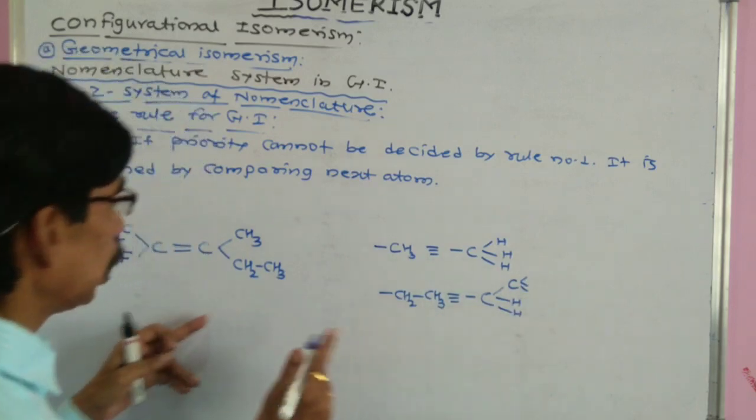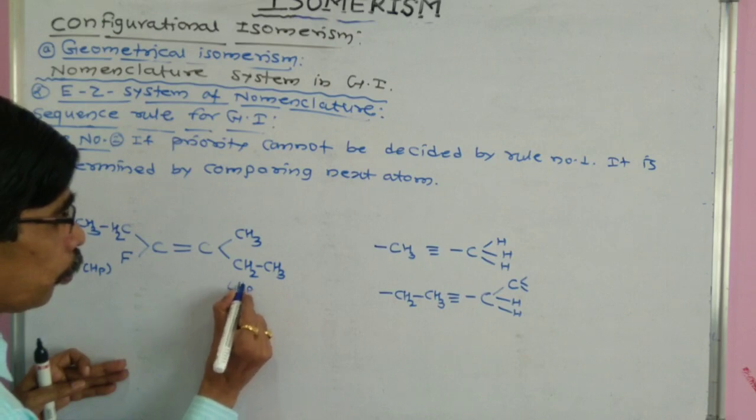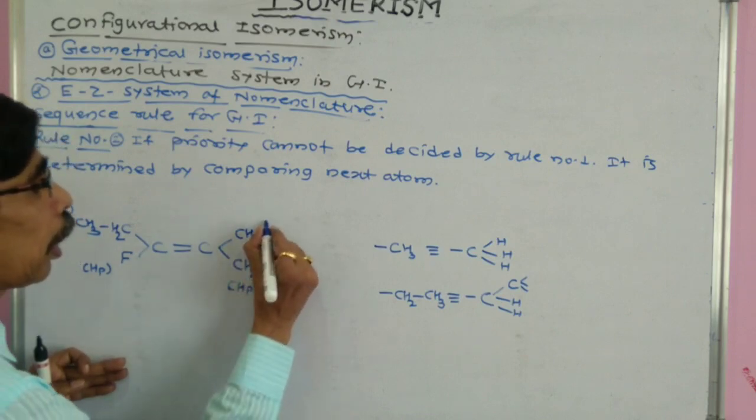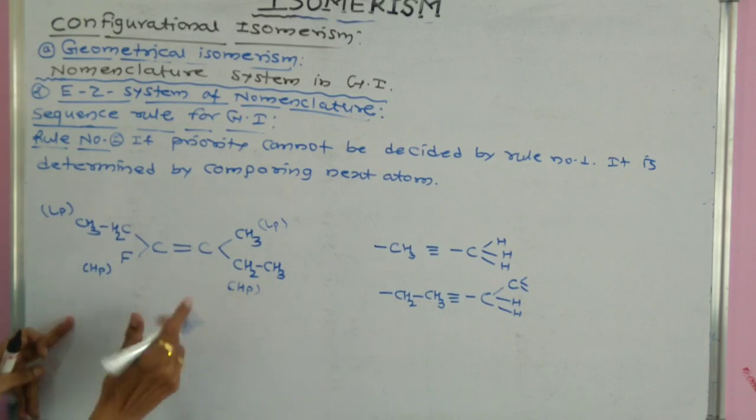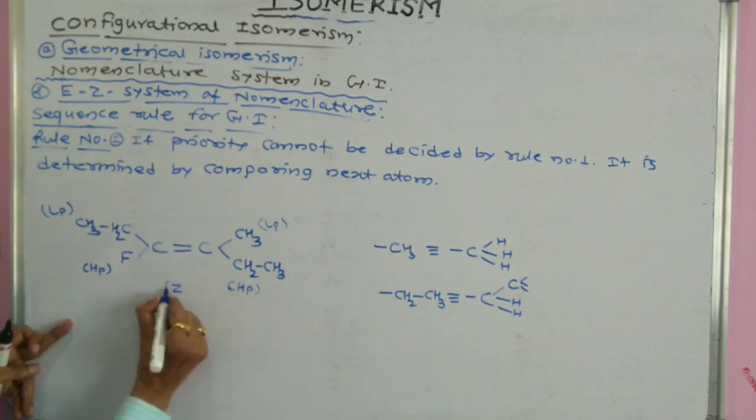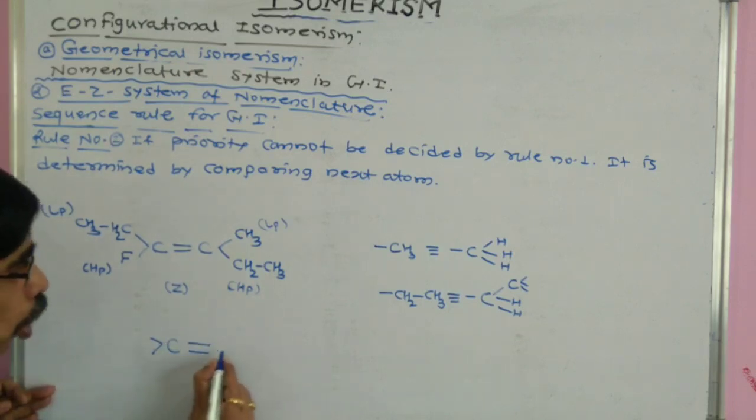Therefore this CH2CH3 has the higher priority than this carbon. In this example, the higher priority groups are on the same side of the double bond. Therefore, it is denoted by Z. Another example, the C double bond C,